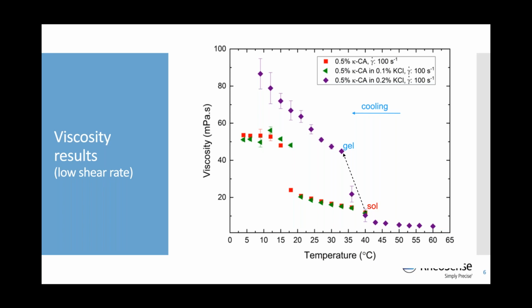In addition, viscosity for this sample, as you see, continued to increase after the sol-gel transition during further cooling. However, the first two samples plateau after the transition. It is well known that generally the gelation of carrageenan is composed of two steps that involve the formation of double helices upon cooling, or the transition from coil to helix structure, followed by aggregation of helical chains and formation